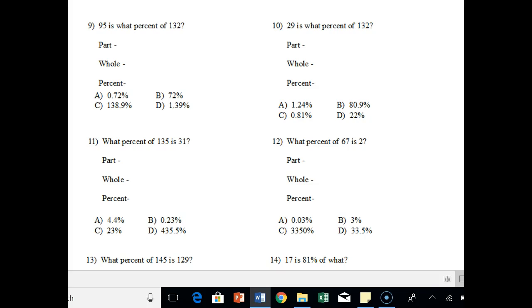Basically, we've done the part, we've done the whole, and now we're going to do problems where we don't have the percent, right? So it says 95 is, again, that is attached to 95, that makes it a part, is what percent, we don't know, of 132. So basically, we don't know what our percent is. So we'll say 95 over 132